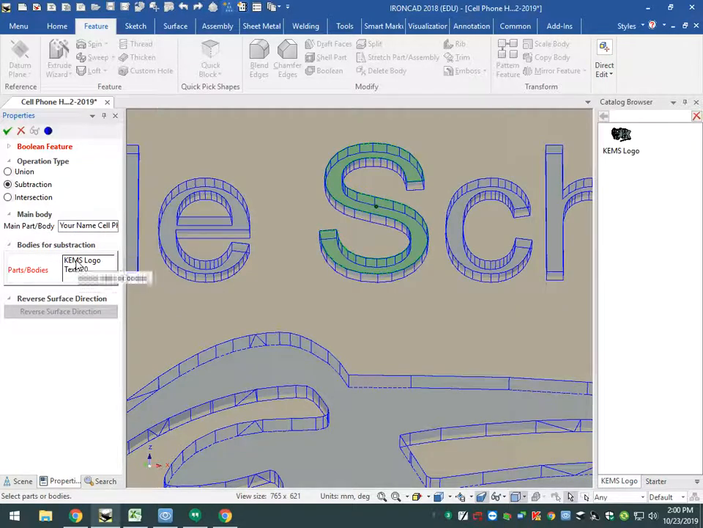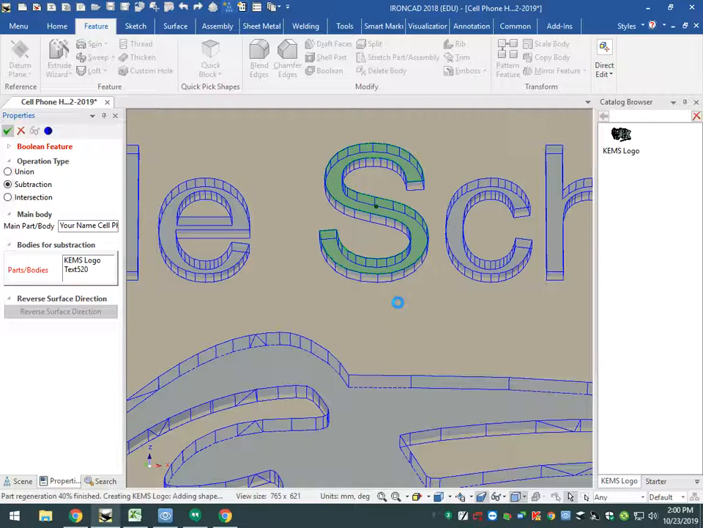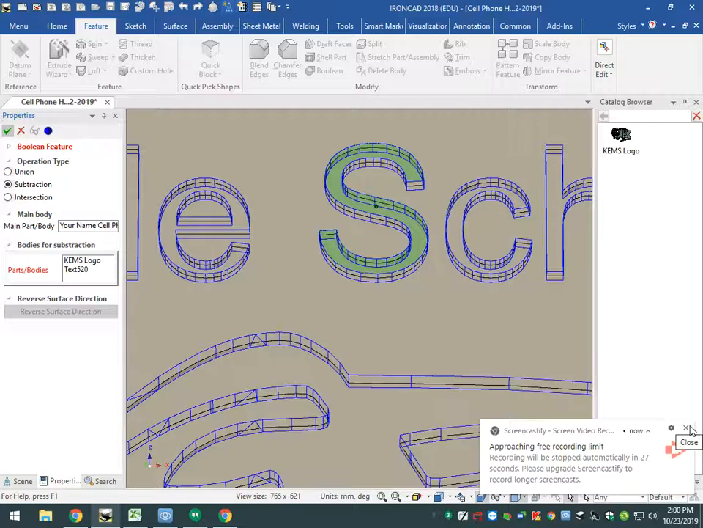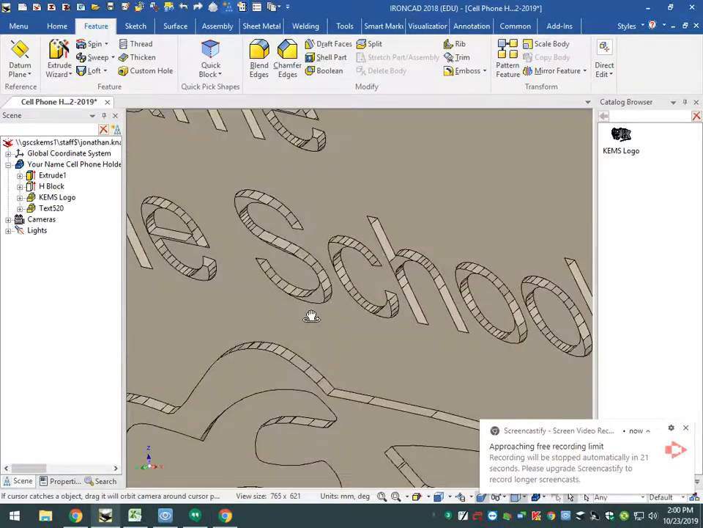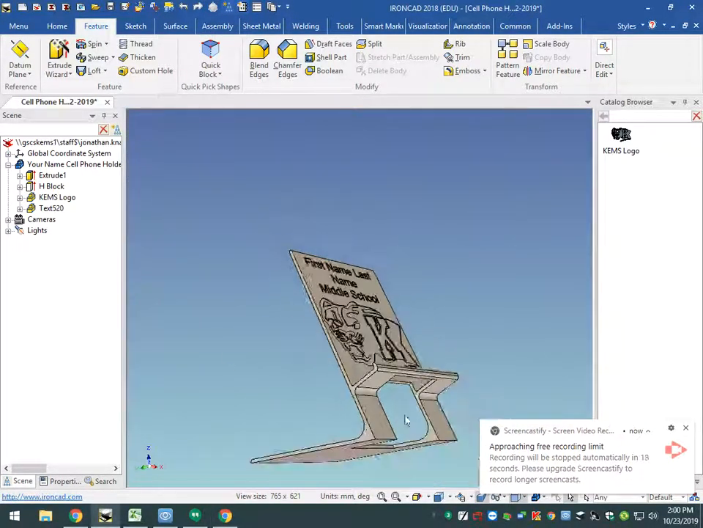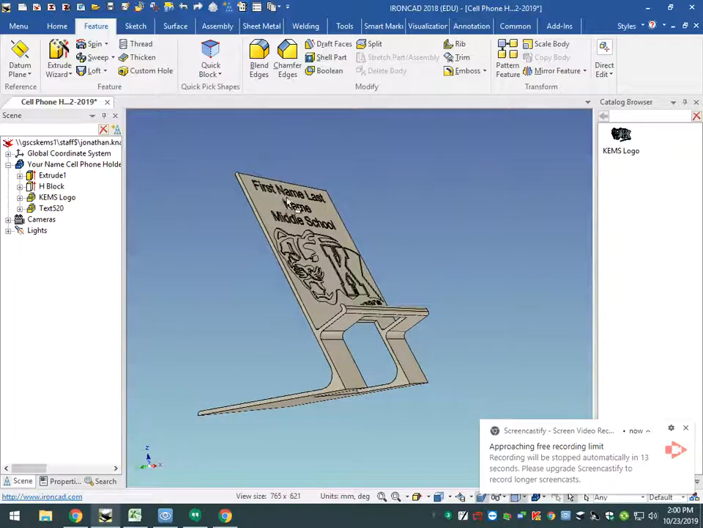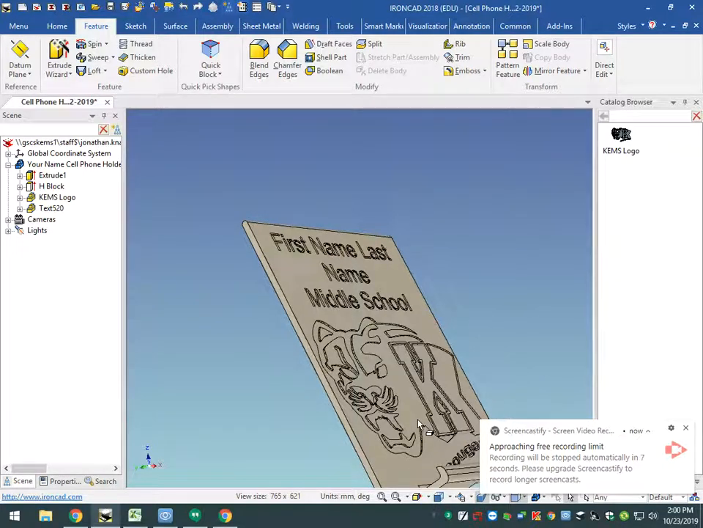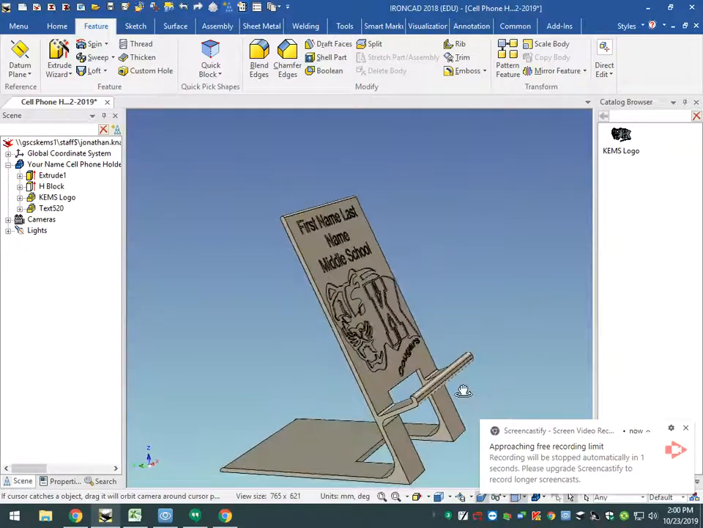Now you can see my Kim's logo and my text. I'm going to click on the check mark. I'm going to select OK to this message. And it's going to delete all of the material. And there you have the engraved items. So you can see our letters are engraved, our logo is engraved, and our cell phone holder is ready to